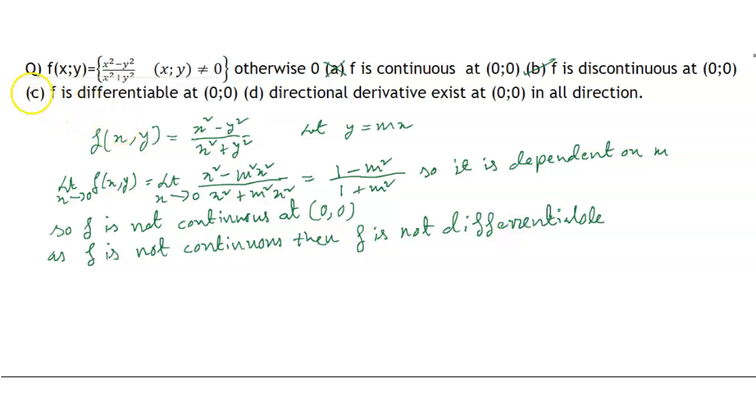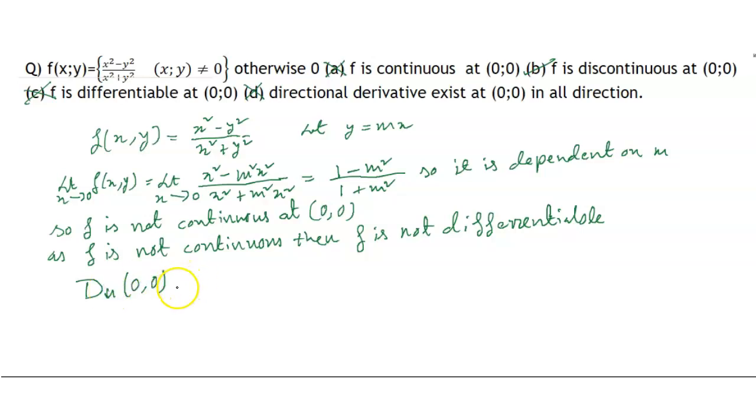So f is differentiable, this is also wrong. And directional derivative exists at (0,0), this is also wrong. I will also show that it is not differentiable, as the directional derivative formula is Du f(0,0)